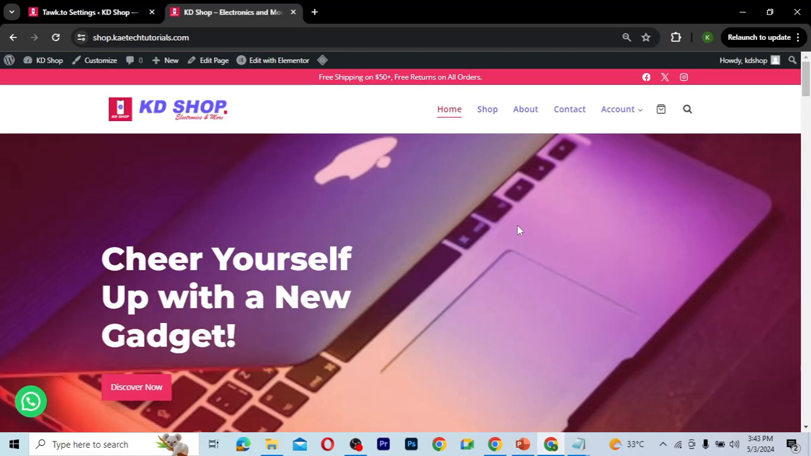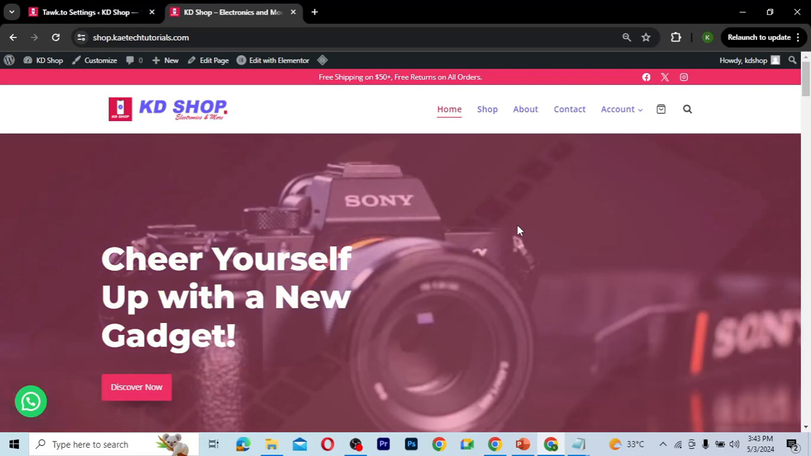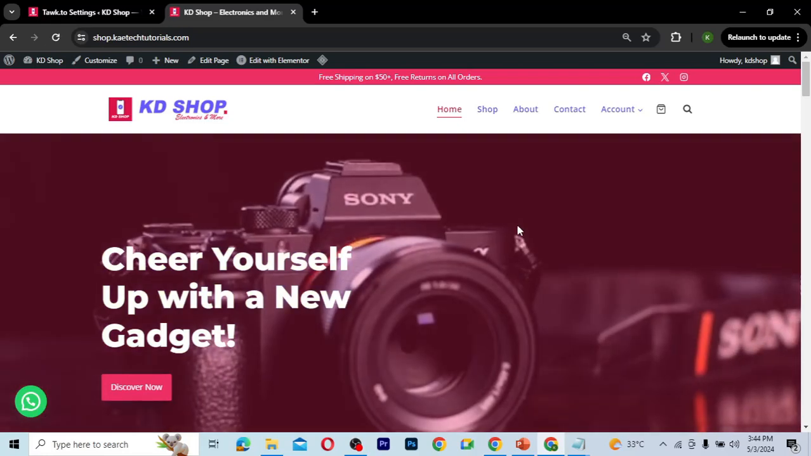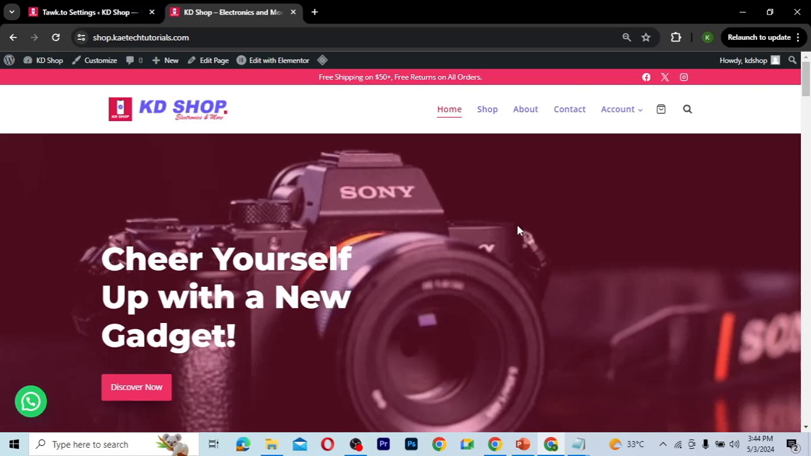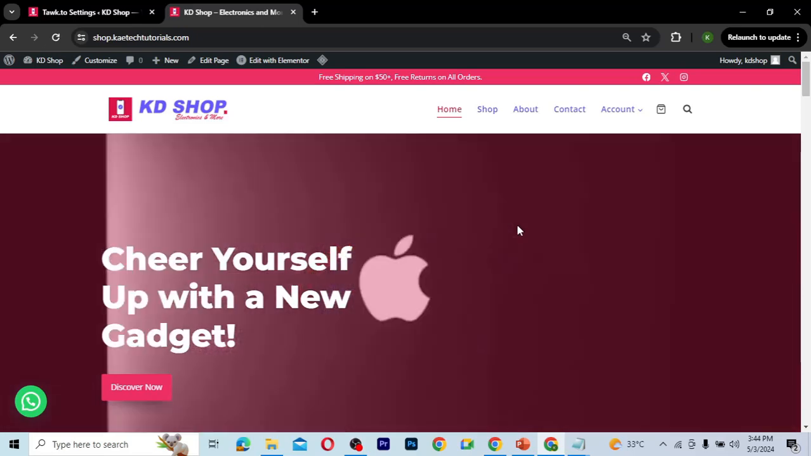All right, so we all know that building a website needs images and icons and all those videos and other stuff to make your website unique and beautiful. So I'm going to show you some few websites you can get images from. Now the first website I'm going to show you is